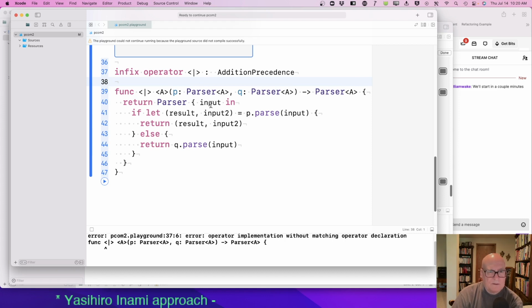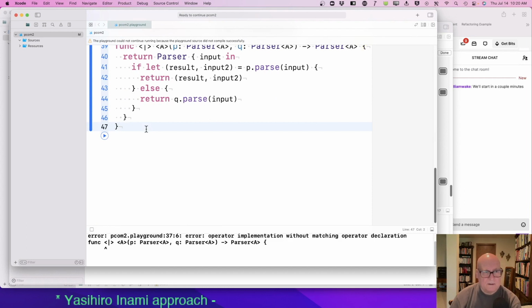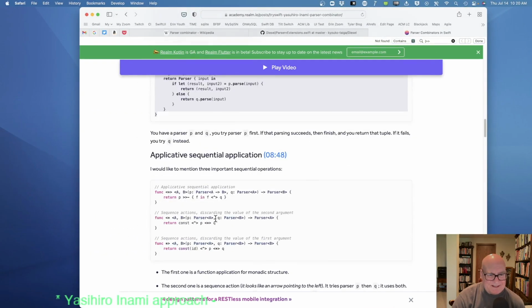And you return a parser that reads the input, gets a result. If it succeeds, it returns it. And otherwise, it returns this. Okay. That makes sense. I'm not sure about this.